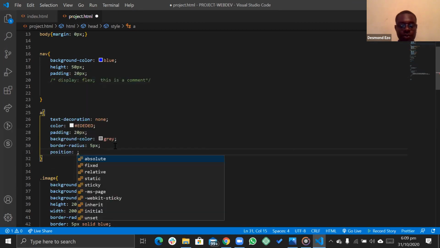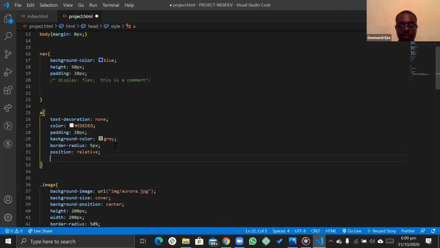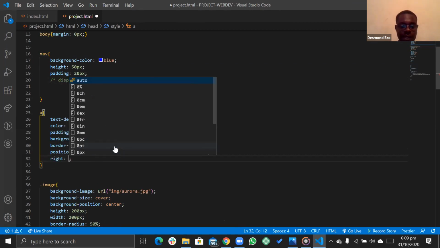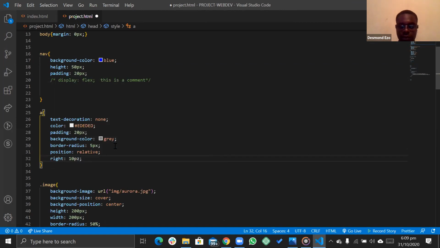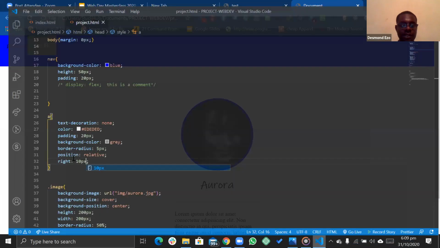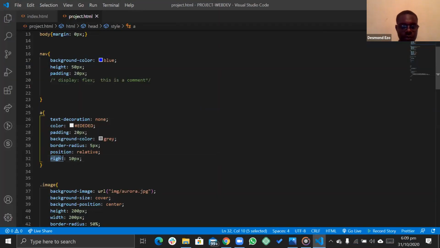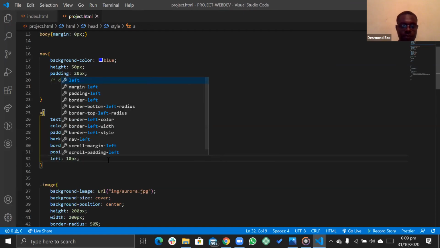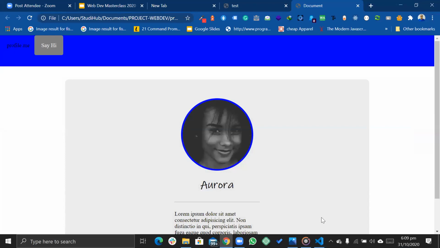You can change the position to relative, and you can maybe change the position from, I hope that will work. Let's see, right. You can say you want right to be 10 pixels. You want it to move to the right by 10 pixels, have a margin from the right by 10 pixels. Where's right? Okay, it's relative to that. See, left. So it's relative to this, it's not moving beyond that.